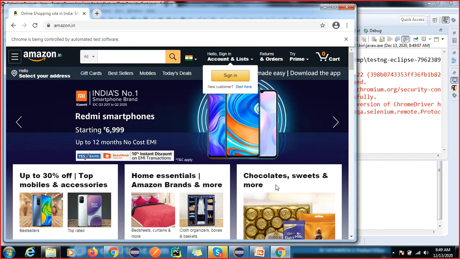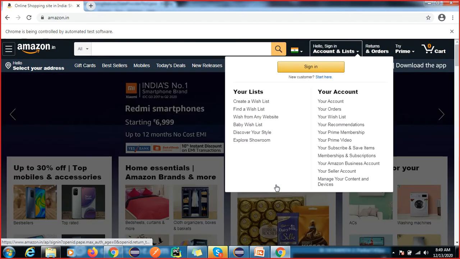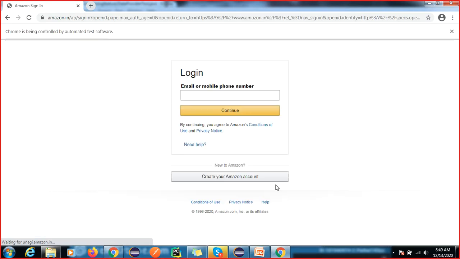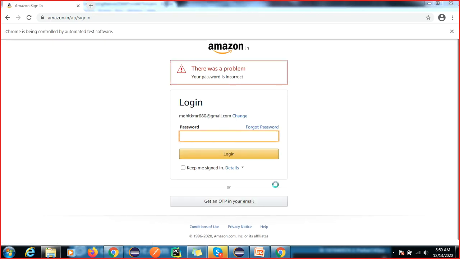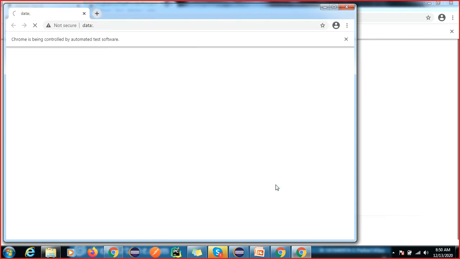So we will go through how to read the data from the Excel sheet. But some implementations have been developed using this data provider, and in the interview they will also ask what is the data provider. So one set of data is completed, it is entering another set of data.